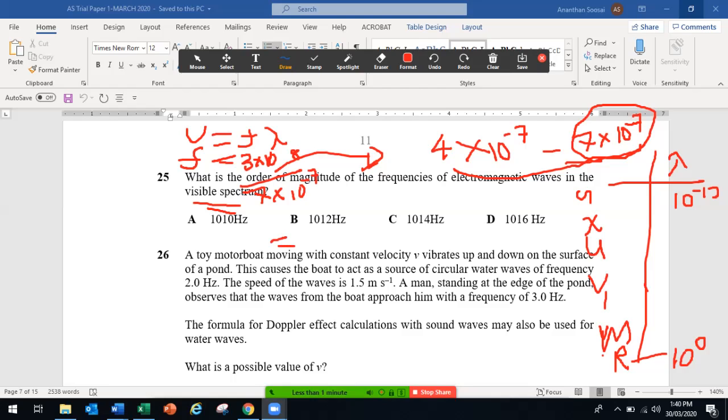This is 10 to the power of 20 now, gamma. 10 to the power of 18. 10 to the power of 14. 10 to the power of 12. 10 to the power of 8, yeah, cannot be the answer. It would be quite